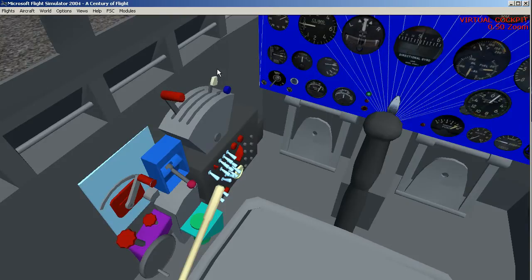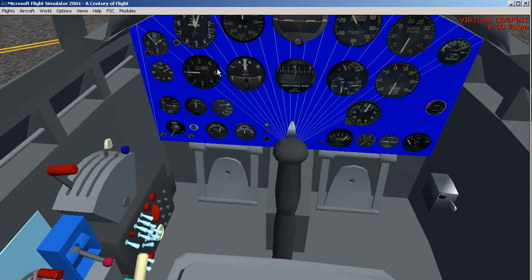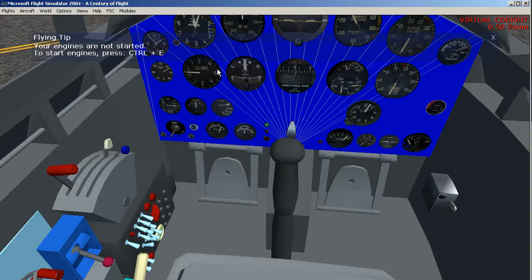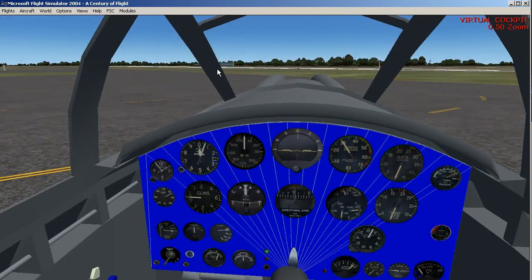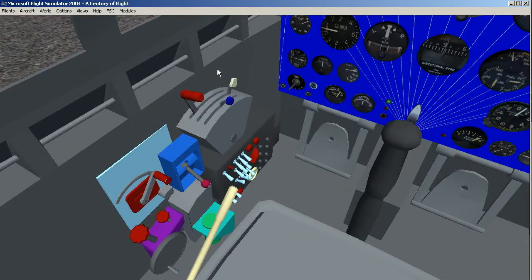Those are the thingies you may remember hanging off the left wall. And that works. The rudder pedals work. You look at these and it looks a little clunky without textures, and of course that's why you come and look at it in Sim, to see what you need to do differently. But you can see the mixture knob works, the prop feather works,